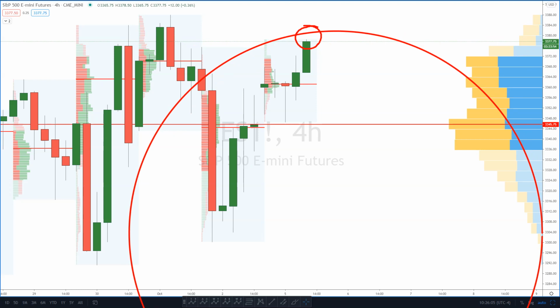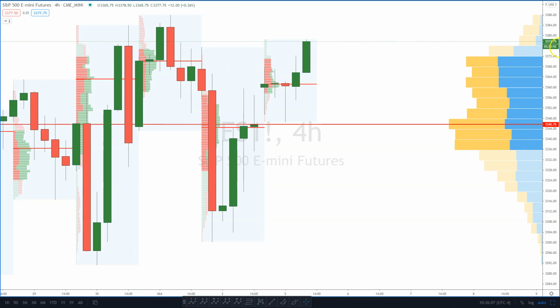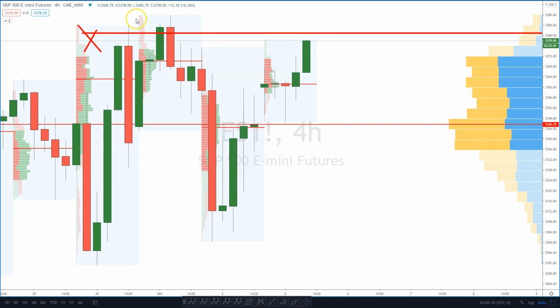Oops. Round tool. There we go. Is here at the 82, right? That's the target zone. But look what happened before. We didn't have enough value there, so the price is not likely to find the buyers. It's too expensive. So ideally, we should have, first of all, the price doing the hit at this magic level,